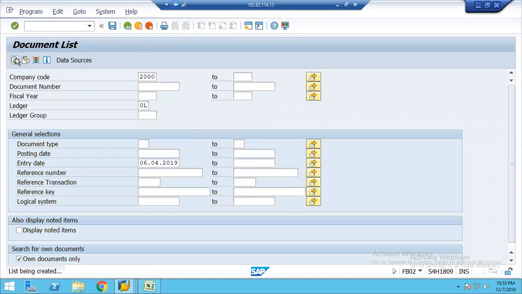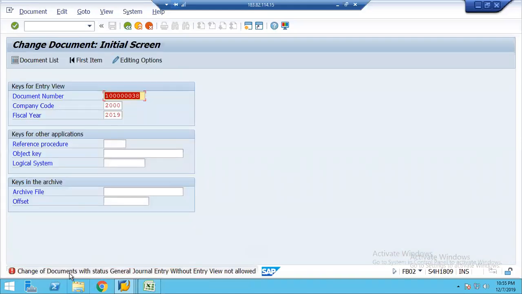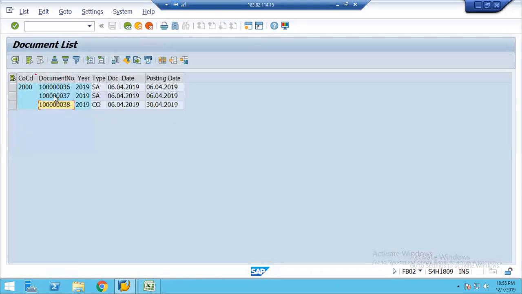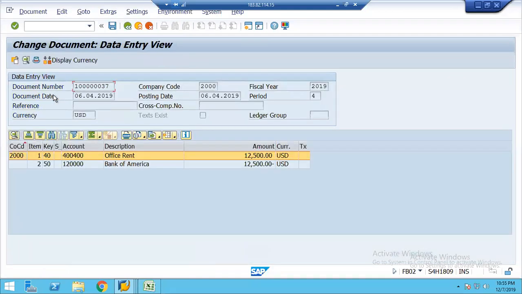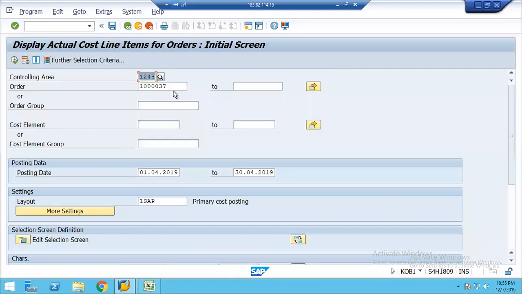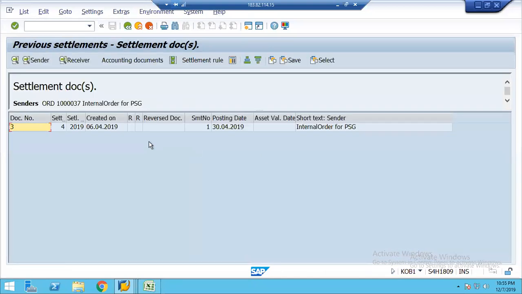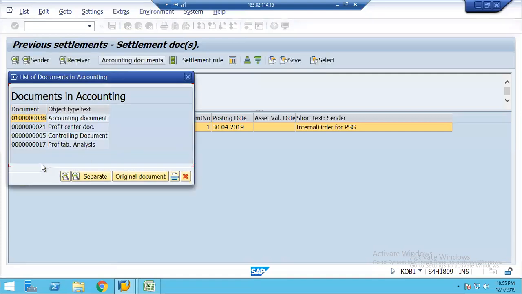Execute. Changes document with the status journal entry without entry view. Otherwise I will go here in KOB1. I think this is our internal order. Just execute. Double click here on this. Select the same thing, accounting document. Double click on